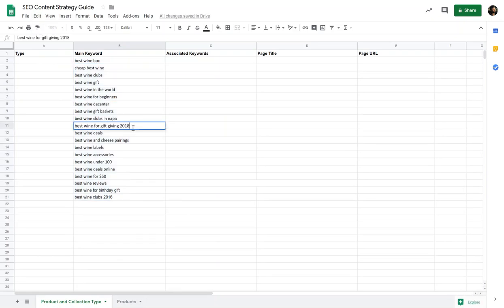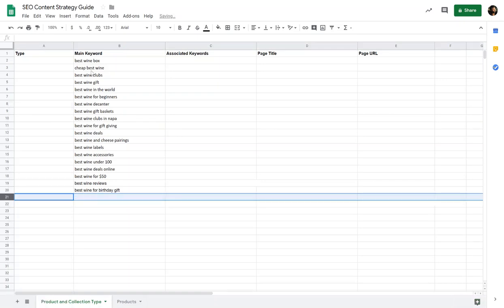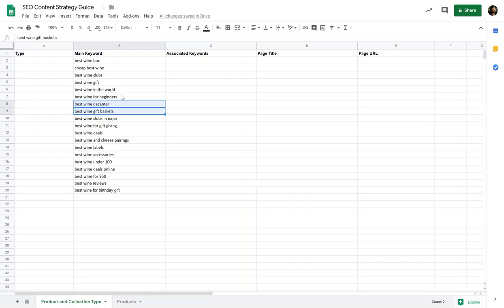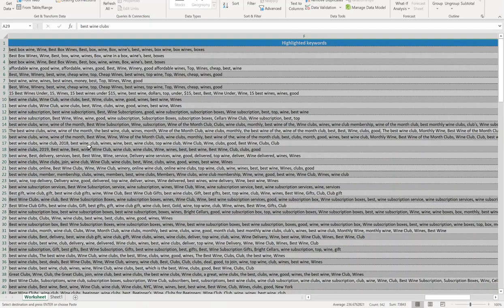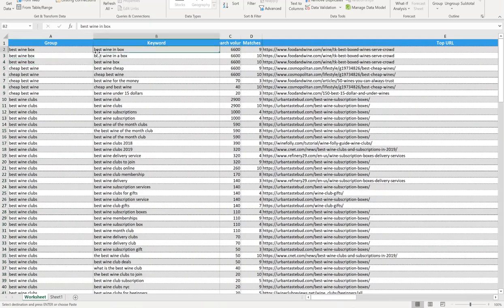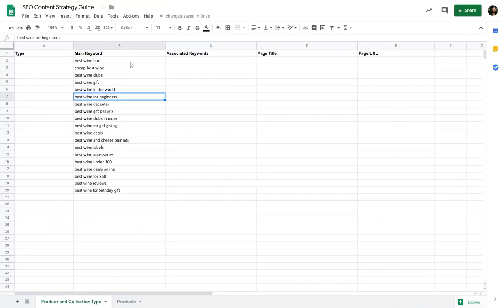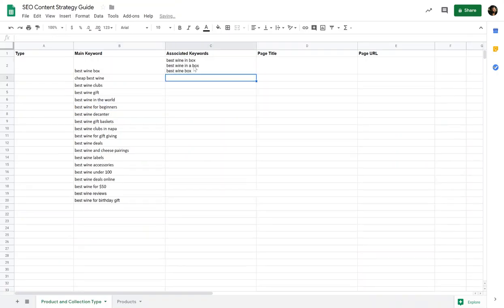And some of these maybe I don't necessarily want to bring in perfectly as they are. 2016, it's a duplicate here. So look at these, eyeball them, see what makes sense, see what doesn't make sense. Hopefully you get a lot more as you do this research. You can do some grunt work, and for the associated keywords, I just like to take these three, for example, and keep them all in the same box. So the best wine box,